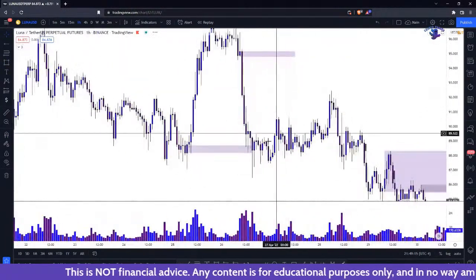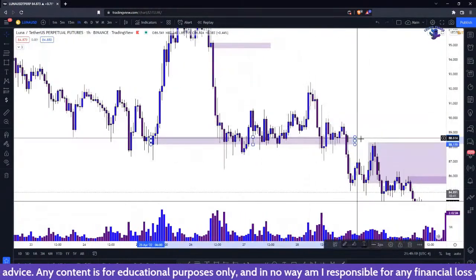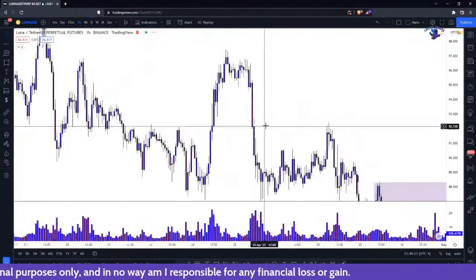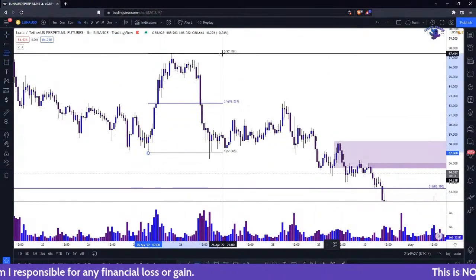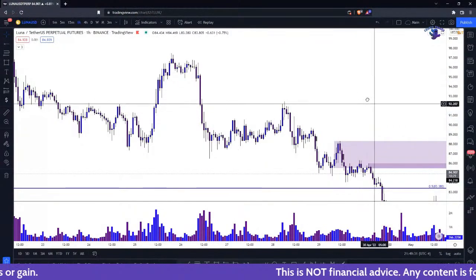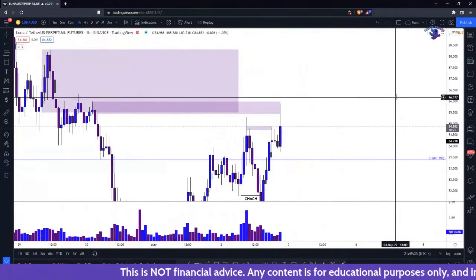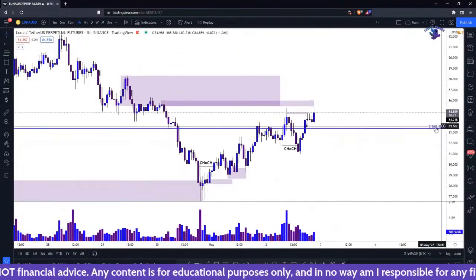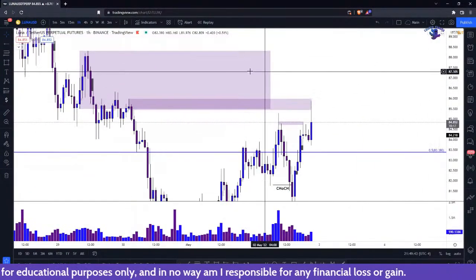Now, just because there's supply and demand doesn't mean you can just play right off of them and win every time. You use those changes of character along with supply and demand, along with whether the price is in discount or premium, meaning if you draw a fib, is it below or above the midpoint? But supply and demand in a nutshell is just zones that we've seen price expand from. We've seen either bids or asks, aka sells, come into the market.